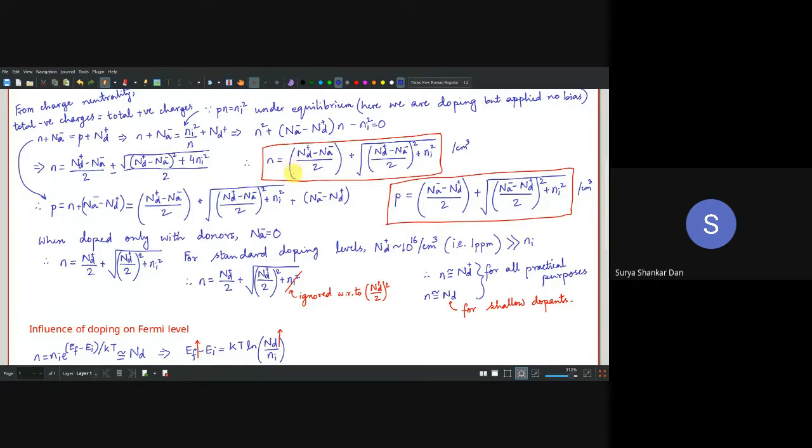Okay. Remember in previous lectures I have already emphasized that the standard doping level is how much? 1 ppm. Remember, 1 ppm is 1 part per million of the silicon atom concentration. So what is the atomic concentration of silicon? Remember, it's in the order of 10^22. So 1 ppm of 10^22 means 10^22 divided by 10^6, which is 10^16.